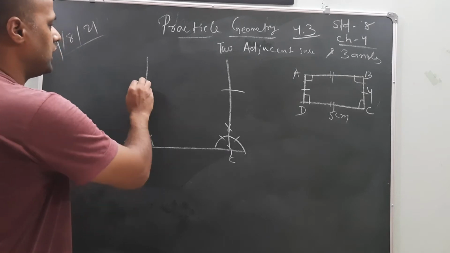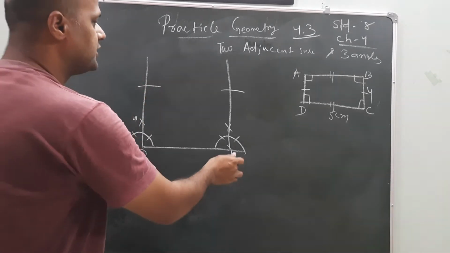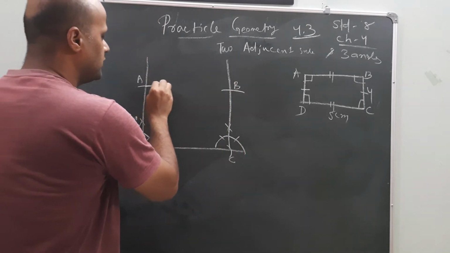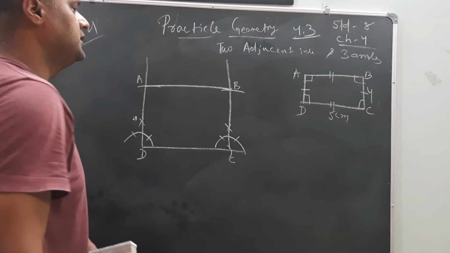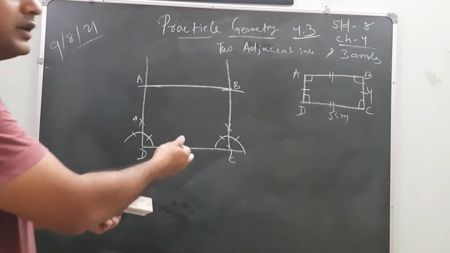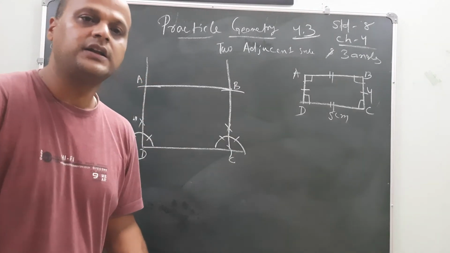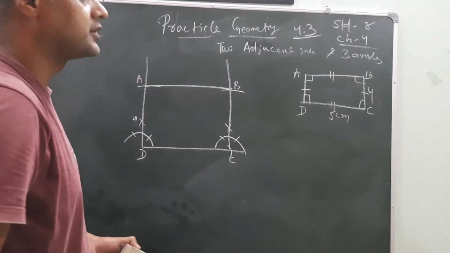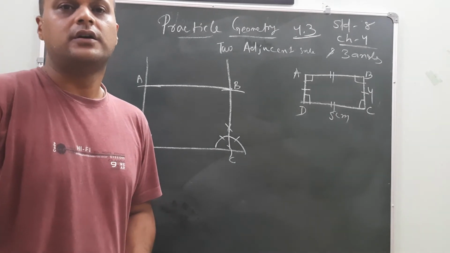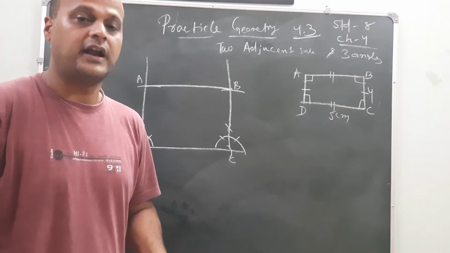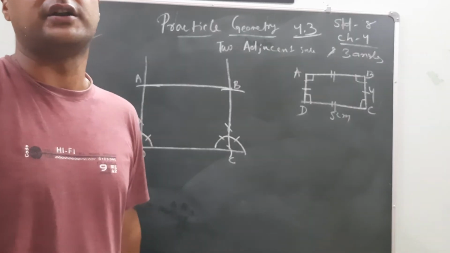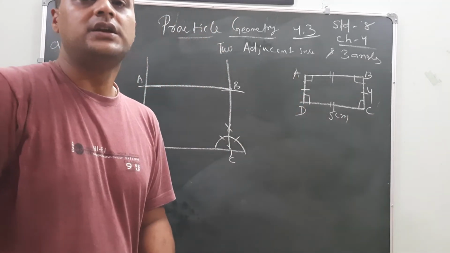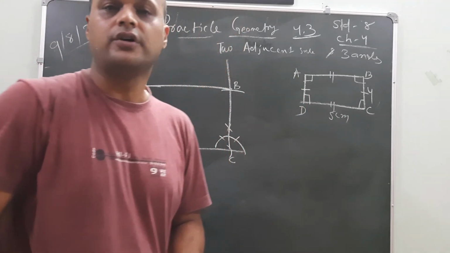Same here from D, bisect the line. From C the bisecting point that is coming is B. Here A is coming. Now join these two bisecting points. Okay, this is the simple one. So remember that. Remember the funda of the solution, the funda of the geometrical concept, and you can get a very beautiful and neat geometrical shape of the quadrilateral by referring to the rough sketch which is drawn from the statement given in your question.